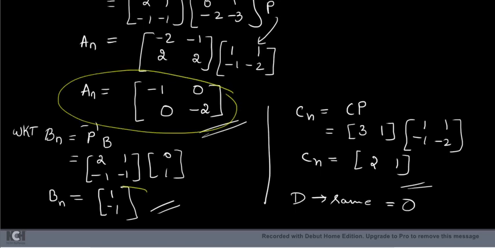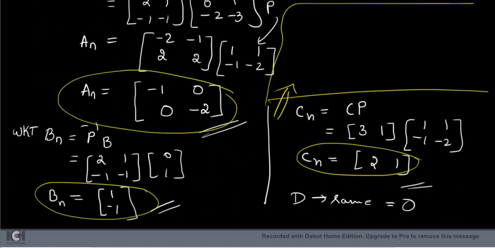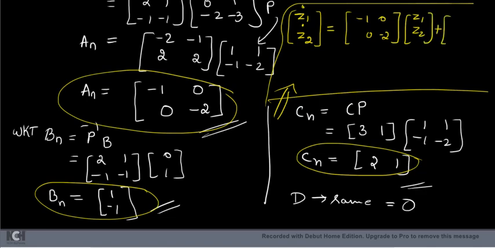This is important, this is important, and this is important. How to write it in the state model? I'll show it here. You have to write z1 dot. Instead of x, you have converted it to z. New state model: z1 dot, z2 dot is equal to minus 1, 0, 0, minus 2. Okay. That is your An matrix. That is multiplied into z1, z2 plus the Bn matrix. What is Bn? 1, minus 1. That you have to substitute here. 1, minus 1, that is multiplied by u.